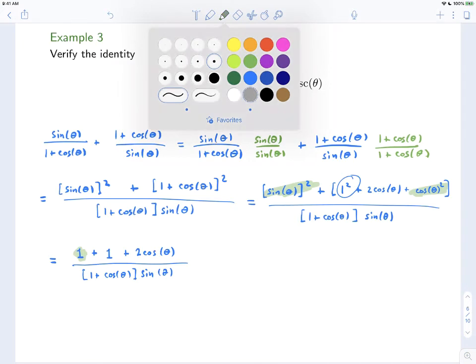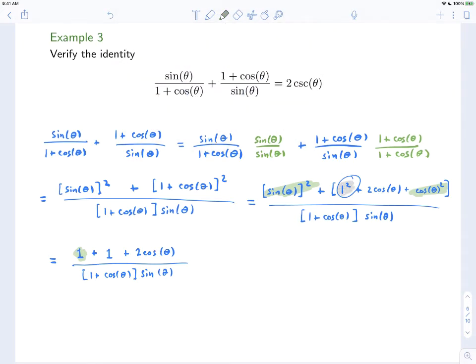So let me just change the color of the highlighter. So this 1 squared is that one. And then we didn't do anything with the 2 cosine theta. We just left that alone. So 1 plus 1 is 2. So we write this now as 2 plus 2 times cosine of theta divided by 1 plus cosine theta